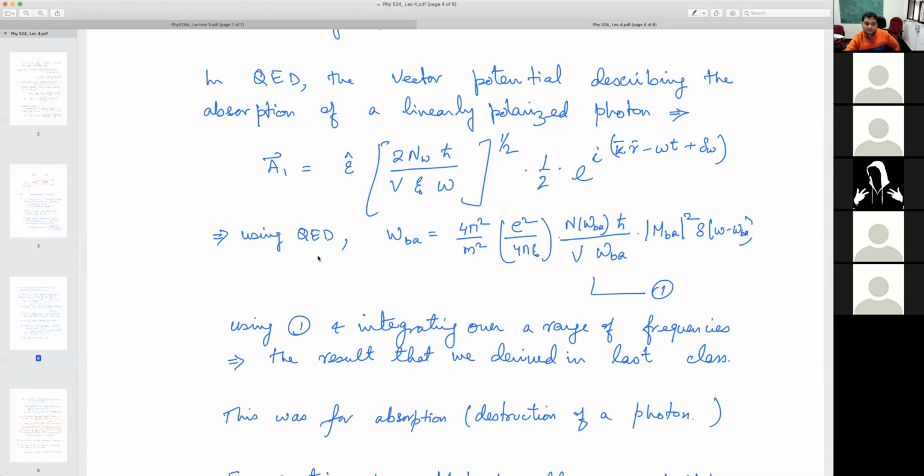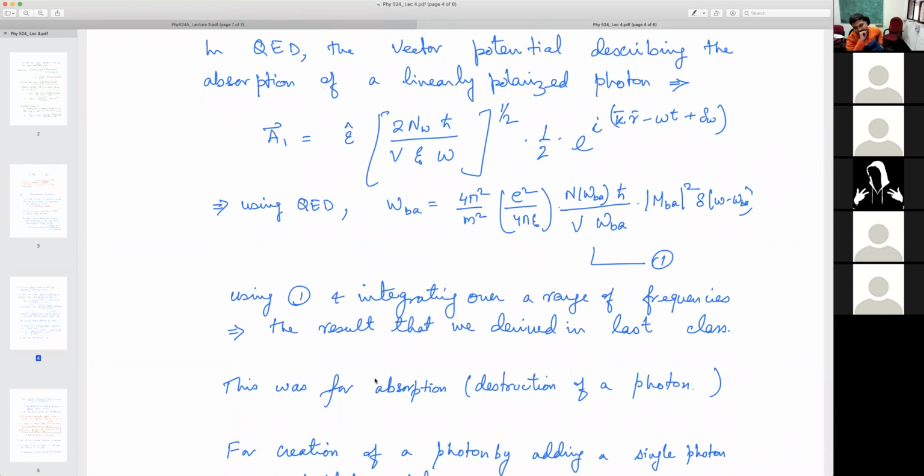And using quantum electrodynamics, we have a different format for calculation, but essentially it boils down to, again, first order perturbation theory. In QED, I can calculate these transition rates, which will look very similar to what we already had, except for this delta function, which signifies energy conservation, that I can only have absorption when omega matches omega BA. And this was for a single photon, which had a precise energy of omega. But if I take more than one photon, with an envelope, and I integrate this equation over a range of frequencies, we will get identically the same result that we derived in the last class.